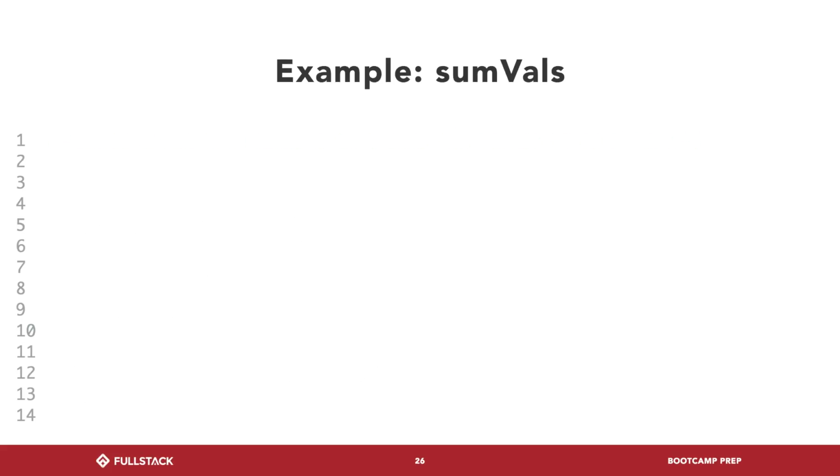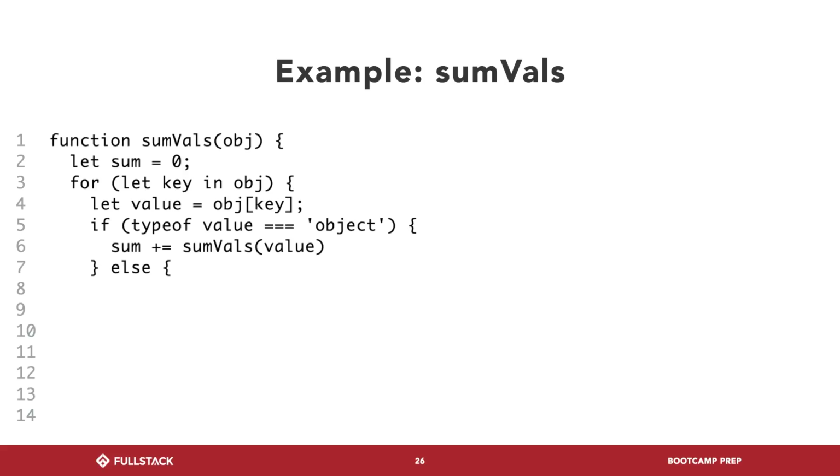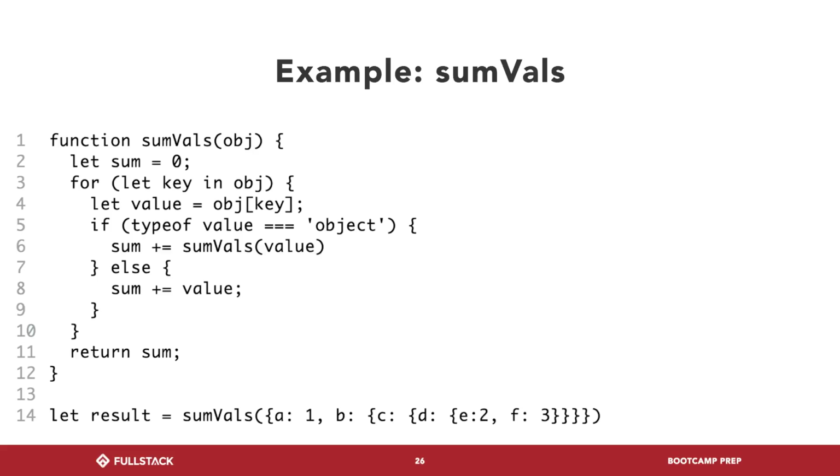However, if the values inside were nested objects, our code in some ways almost mirrors our previous problem, right? We still have our kind of for loop there on line 3, except instead of a traditional for loop, we have a for in loop. We still look at every value of every key, except now we just check: if the value is an object, well, we just add to the sum whatever the object's going to give us when we pass it into another iteration of sumVals, right?